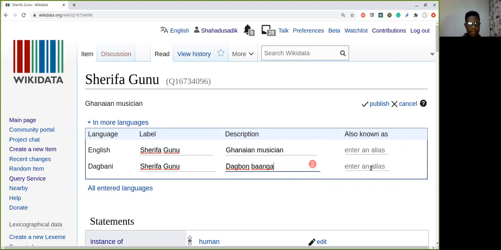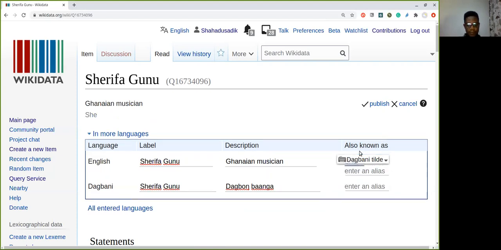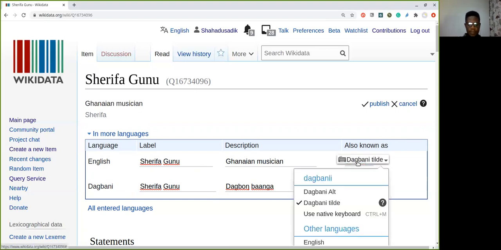I don't really know whether my Dagbani is perfect, but this is how I think we can call her in Dagbani. And then once you do that, you see also known as. If she has an alias, you just put the name here. So the alias is Sharifa. This is Sharifa. And then I can put that here in Dagbani as well